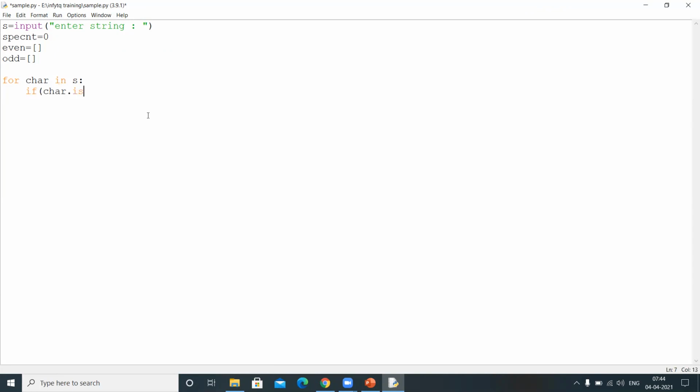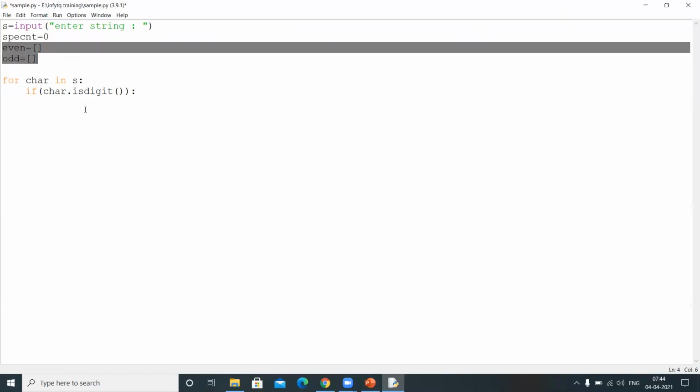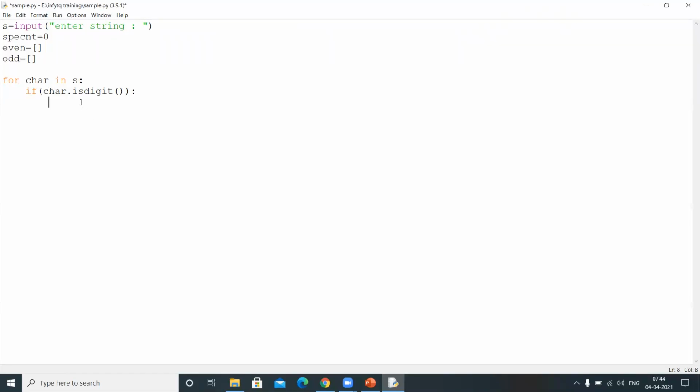If the character is a digit, I will separately check whether it is even or odd. Based on that, I will append to the even list or the odd list. Okay, now observe here, digit equal to int, I am typecasting the character into integer type. Int of char. Now observe, if digit mod 2 equal to 0, which means it is an even digit,